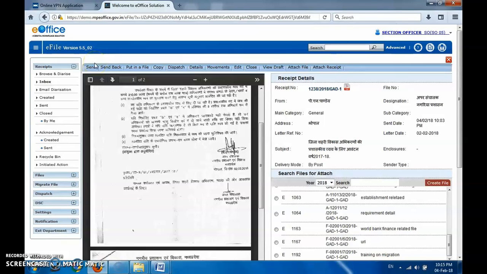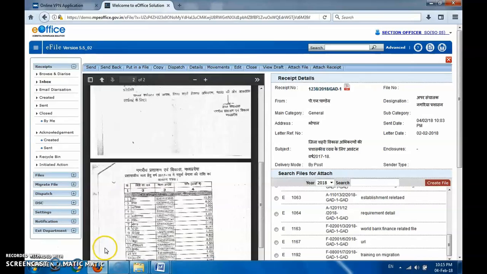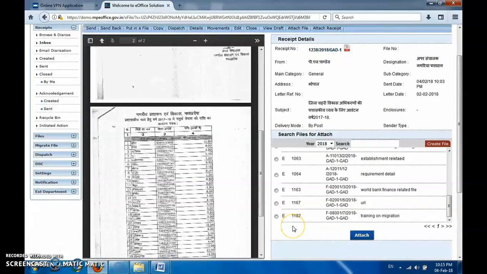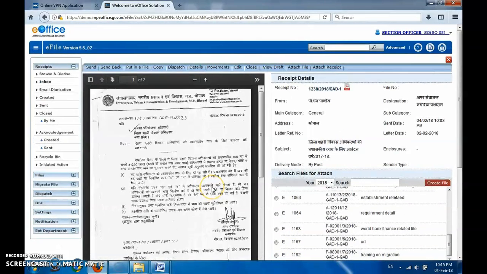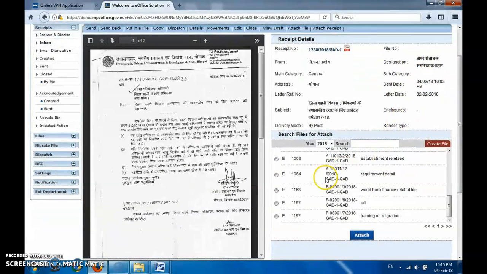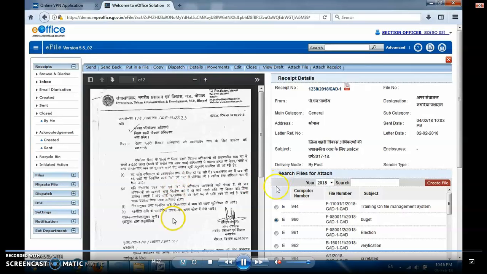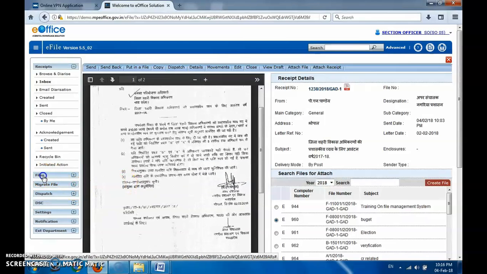Keep metadata as much as possible; it will help in searching in future. A positive point is that once a file gets created in the e-office file management system, no one can remove or hide it, as may be possible in today's paperwork scenario. Of course, there is an option of parking the file, which I will try to cover in future videos. As a 15 minute window is available for recording a video, I'm not able to cover all the points about files, which we will discuss in a future video. Of course, the purpose of receipts, I think, is clear to you now. It will make you comfortable when you work on the demo.